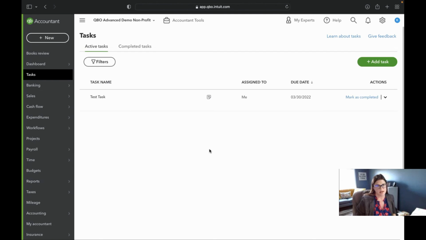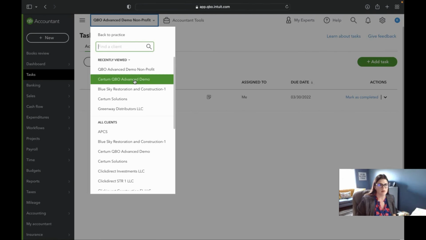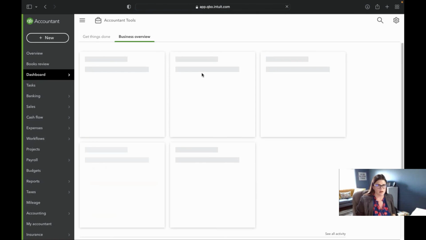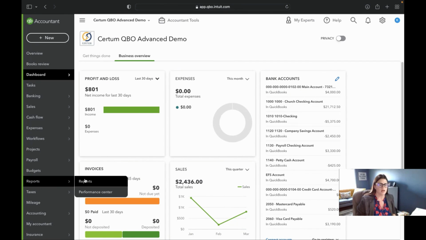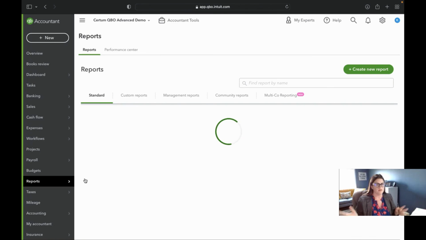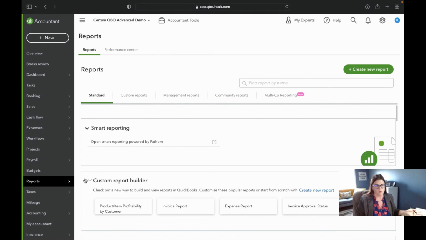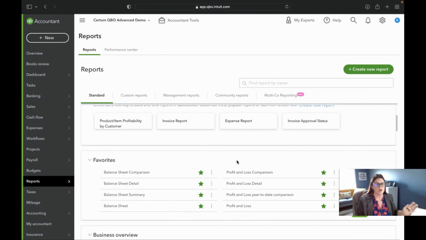With that being said, let me see if I can toggle over into my regular one, just as a summation to what we just talked about. Our regular QuickBooks Online. So if you're a nonprofit, this is what you're trying to get away from, right? You don't want the regular organization nomenclature and naming and things like that.